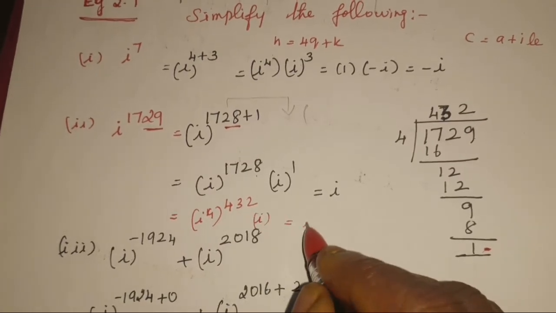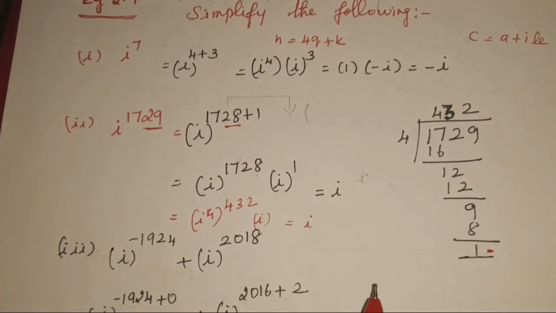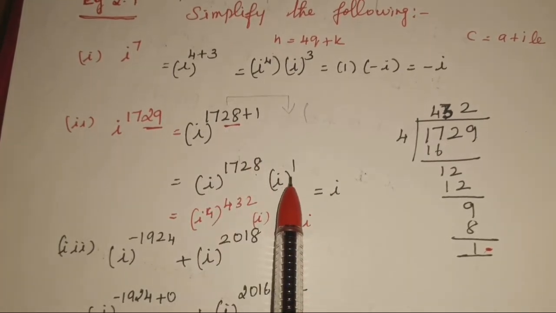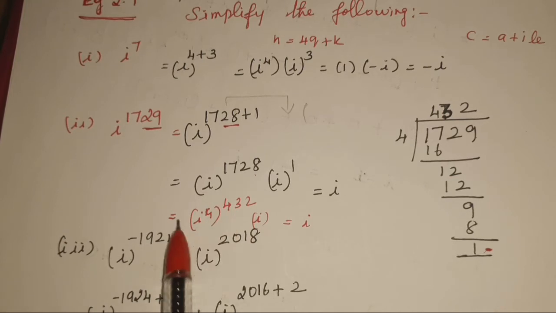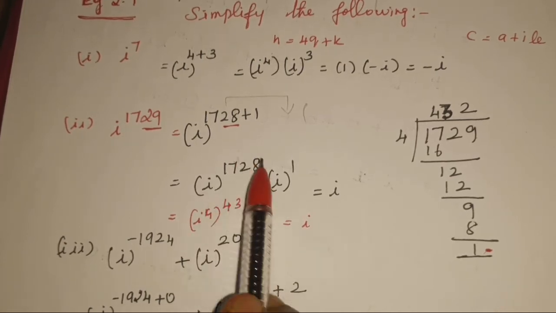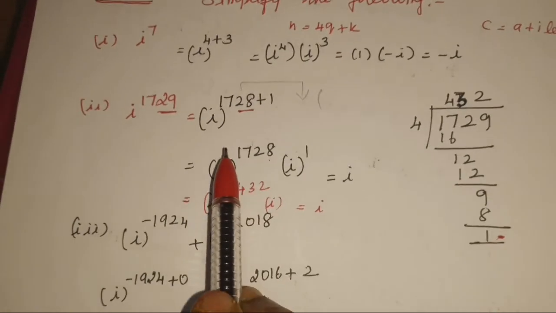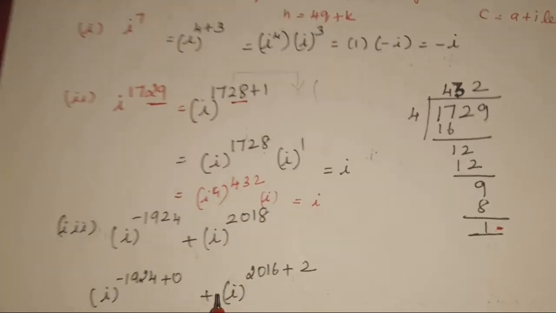So what is the answer we get? Anyway, you follow it. Either if you are divisible by the last 2 digits, what is the balance is very, very important. Because multiples of 4, the value is always 1. The multiples of 4 in the i power is what? Always 1.